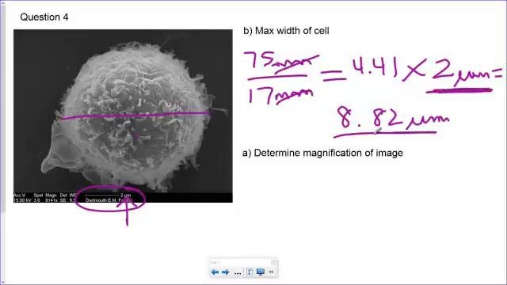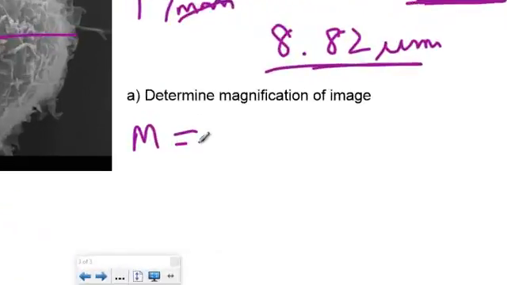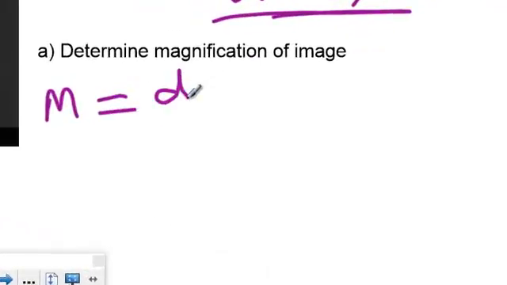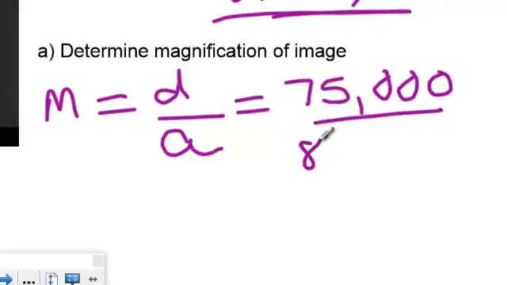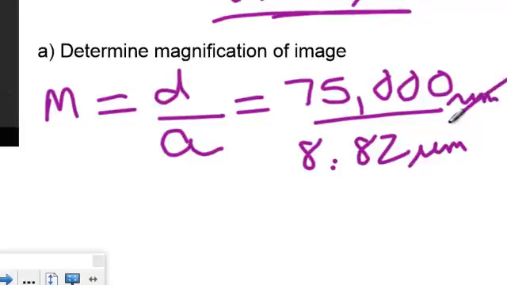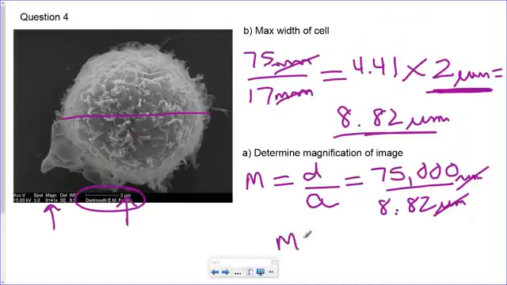So that is the width of the cell, and now you can determine the magnification, which is also given to you right here, so you should be kind of close to that. It is, again, the drawn size that you measured divided by the actual size. So the drawn size, changed into micrometers, is 75,000 micrometers, and then I'm going to divide it by 8.82 micrometers. Again, your units here are going to cancel out. And then the magnification, if you calculate it that way, is going to be about